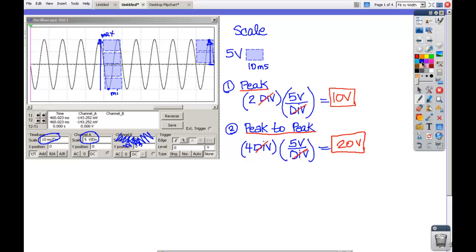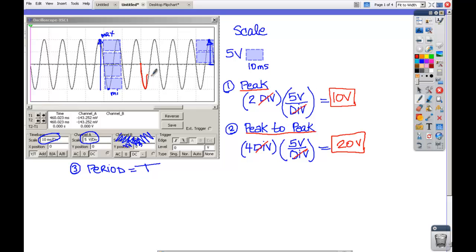Alright, after amplitude, you're asked to find the period. And the letter that we use for period, because it is a value of time, is the letter T. So we want to know how long does it take to complete a full cycle. But in order to figure that out, we need to know what is one complete cycle. I suggest you find a division line and pick that as your starting point, and then trace the graph